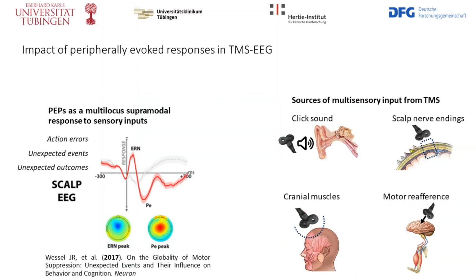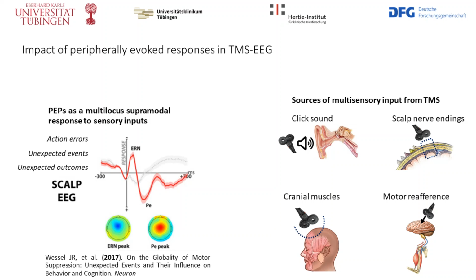So what are these peripherally evoked responses? They are stereotypical responses widely observed as caused by many different sensory perceptions. They occur as a pair of deflections that peak in central electrodes in the EEG, first around 100 milliseconds after the stimulus and then 200 milliseconds. They are believed to represent the processing of incoming salient sensory perceptions regardless of the modality, and involving several cortical